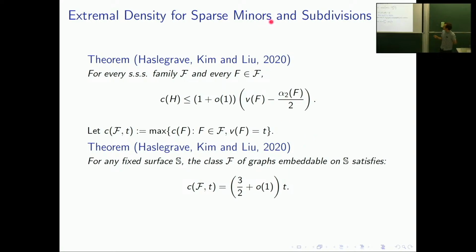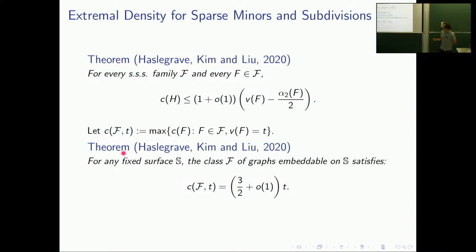But in terms of that function there, they get this bound on the extremal function for graphs from a minor closed class. And if you consider this meta-extremal function, which asks for the maximum value of all of the extremal functions sampled from t-vertex graphs from a particular sparse class of graphs,